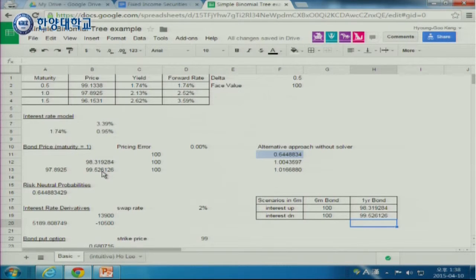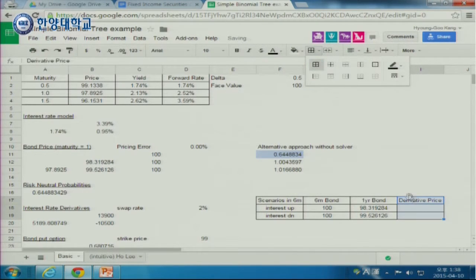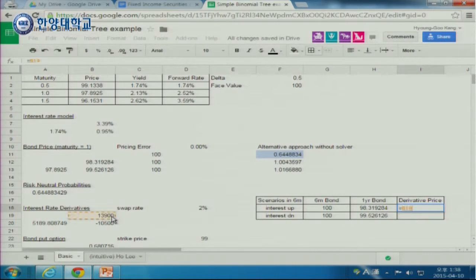And then the derivative price. Let's assume, for a swap, when interest rate is up, I receive this one. When interest rate goes down, I receive this one. And the price,